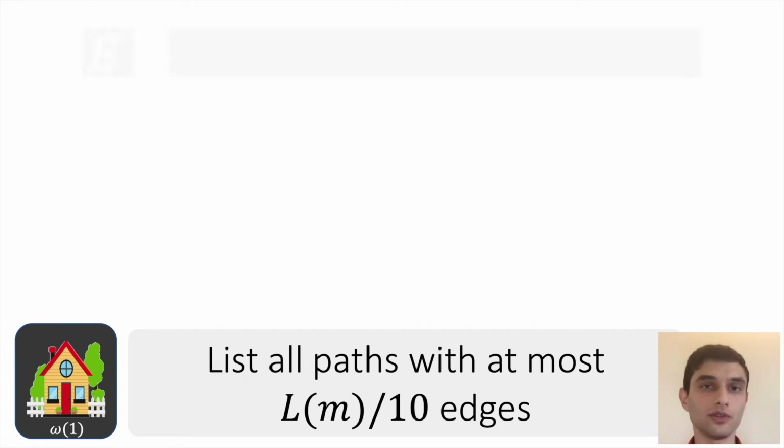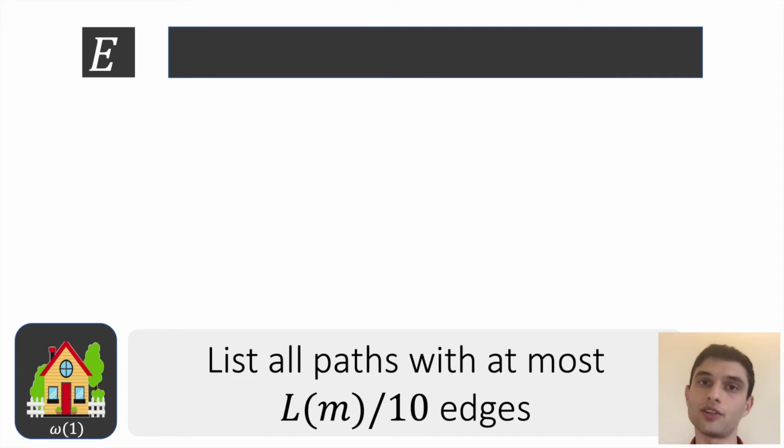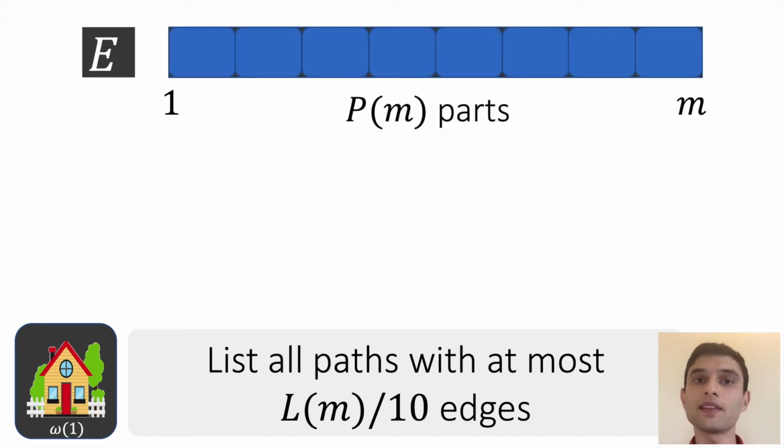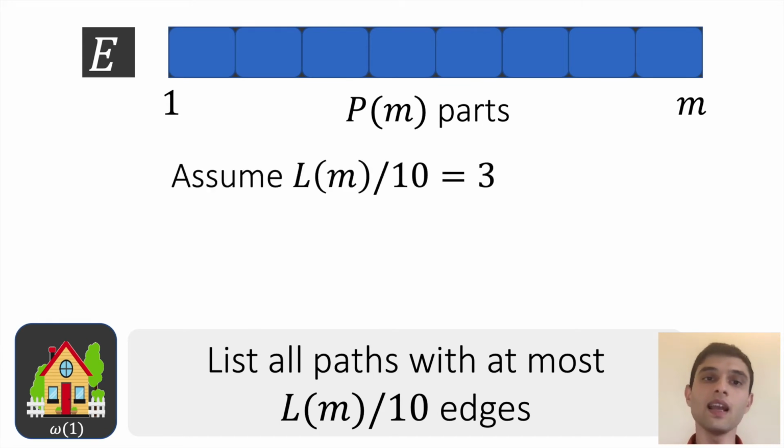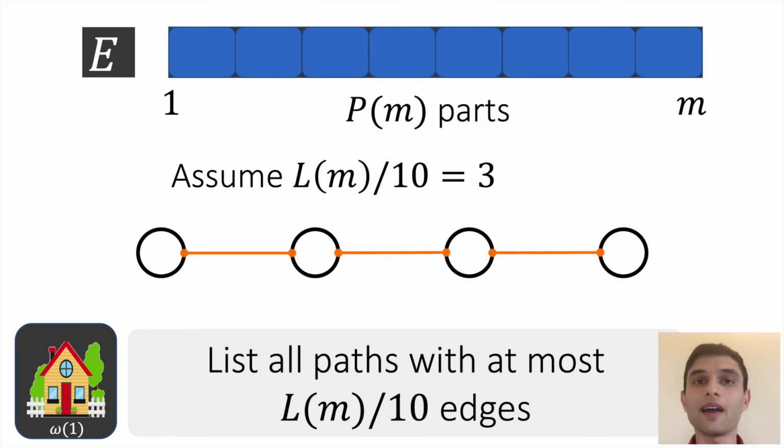To do that, we use the technique called edge partitioning. We take the edges of the graph, and we number them from 1 to m, and then we split them into parts where each part has roughly the same number of edges. Let's, for example, assume that we want to list all paths with length at most 3. So take an example path from the graph which has length 3. The edges from this path come from at most 3 different parts in the partition, maybe these 3, or maybe